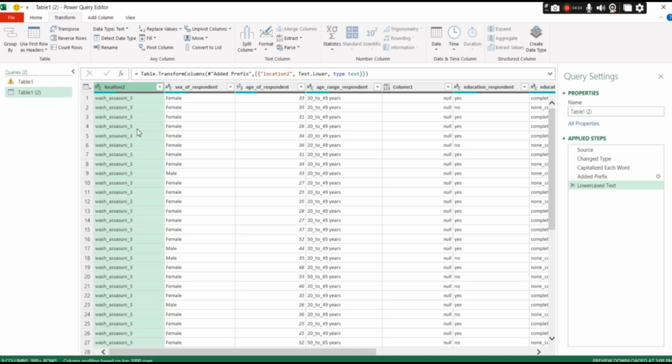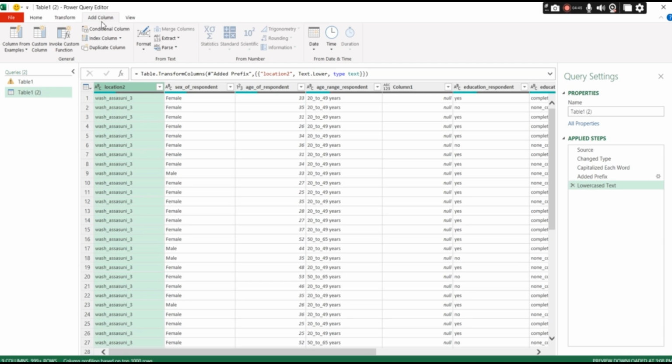Like some are lowercase, some are uppercase. If we want to identify and clean the whole data set and align it, it will take lots of time. But in Power Query, you have some options that we can easily do this by clicking just one or two options.